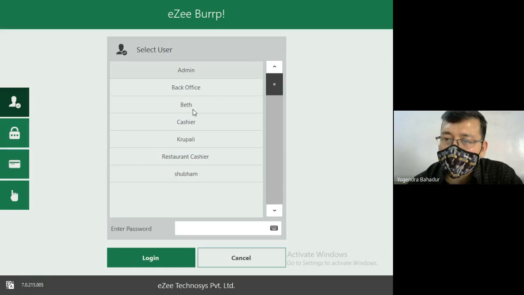So the void right is basically the right which has been given to the captain or the supervisor of F&B service. Likewise, I am giving you a simple example. Along with that, there could be some other rights also.